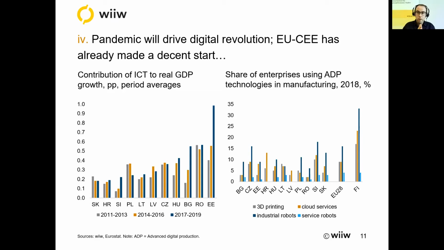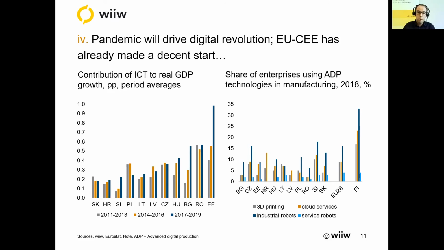The fourth pressure point is digitalization, and we know from the pandemic the digital economy has had a huge push. And an example is this meeting right now. I think if it wasn't for the pandemic, we would all be in Hungary together. And here we also find, as I said, this study was commissioned before the pandemic, so we were looking already at this issue before the pandemic. Actually, also some reasons for optimism in a certain already level of development in Central and Eastern Europe in the digital economy. So the chart on the left shows the contribution of ICT to real GDP growth in percentage points